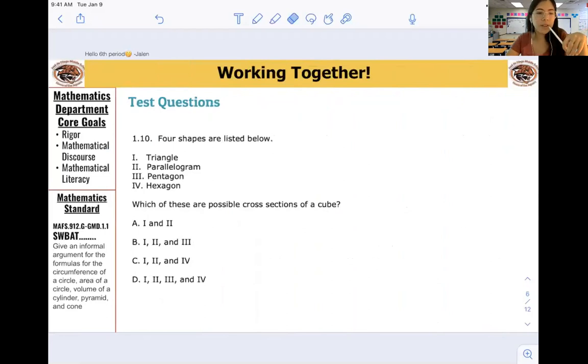Did I include this one? I don't think I included this one on the actual test. No, I took it out. Yeah, I took this one out, because this question kind of blew my mind, I'm not gonna lie. I didn't teach this, so I didn't realize I had to teach it until I saw it. But